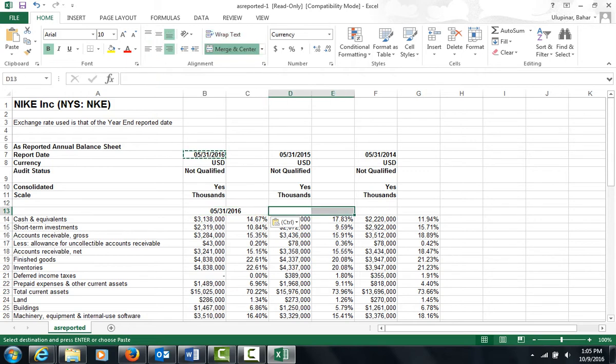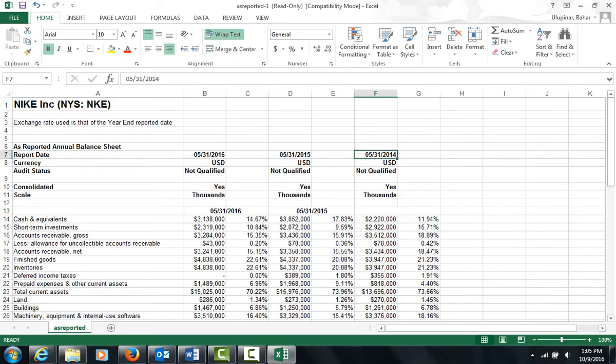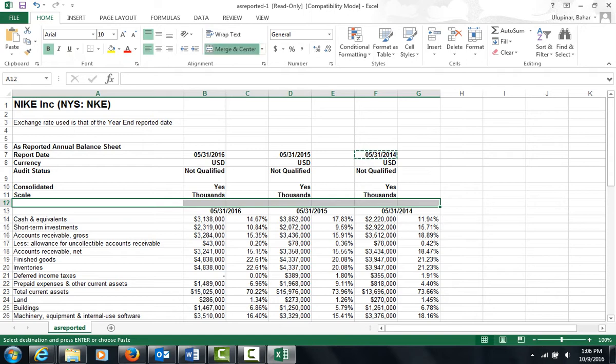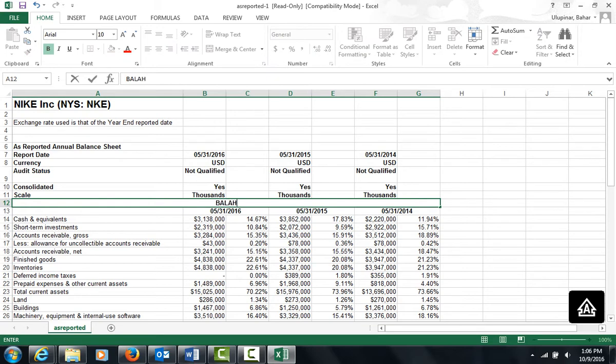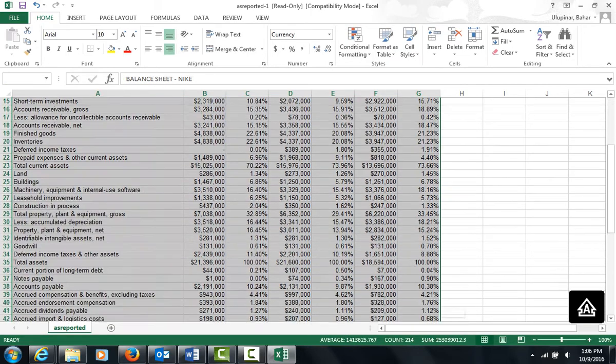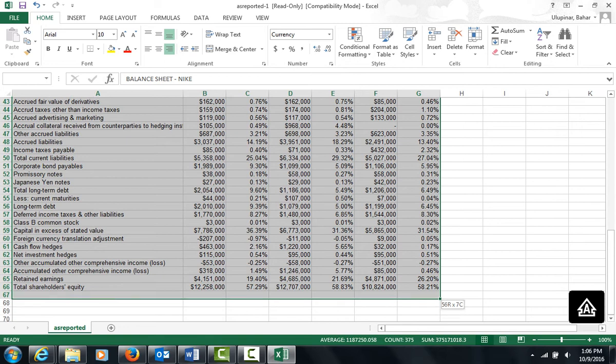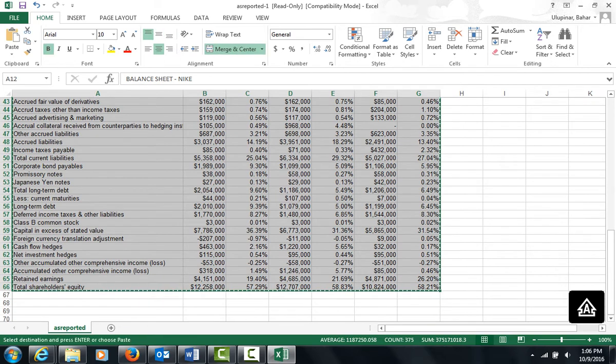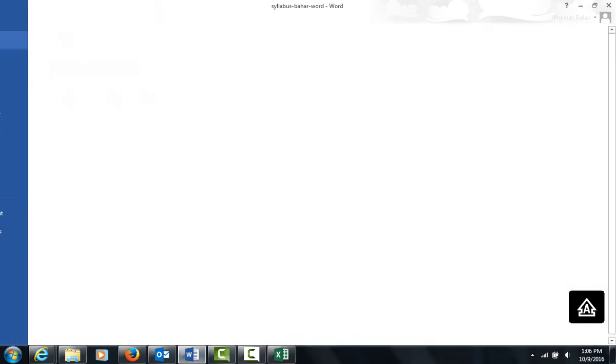So I'm going to merge these two and copy paste the date here, and I'm going to merge these two again and copy paste the date here. And for all of these cells, after merging them, I am going to write balance sheet for Nike. So after I created this, I am going to select all of this information and copy it, and then I will paste it